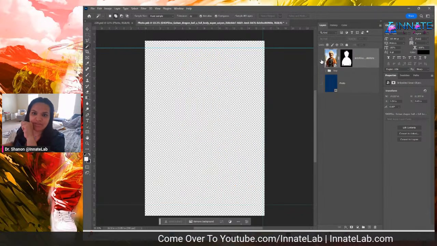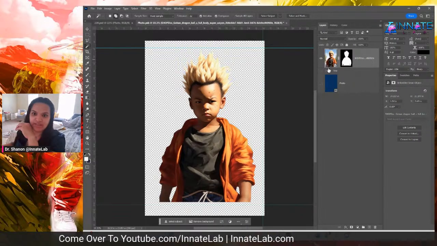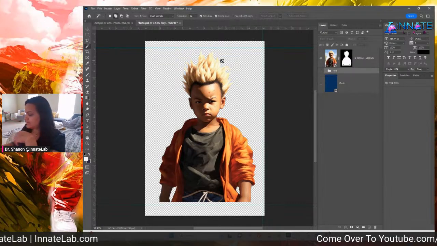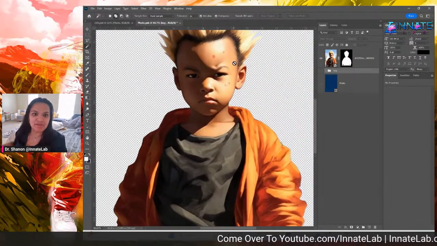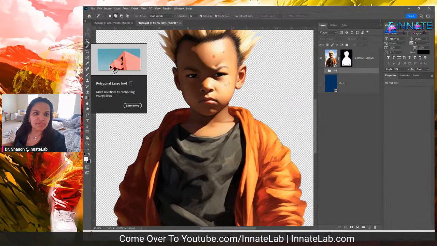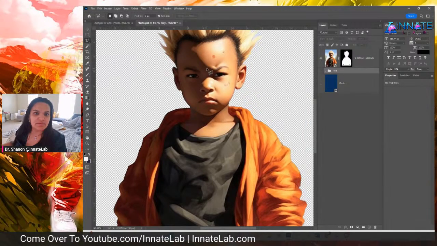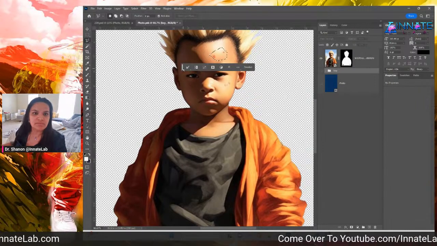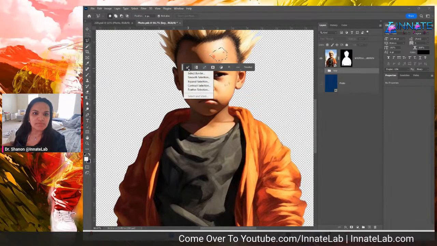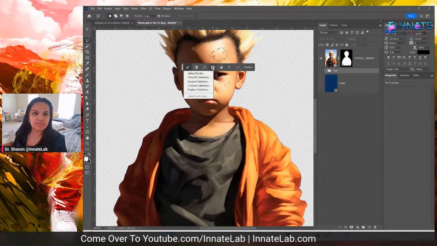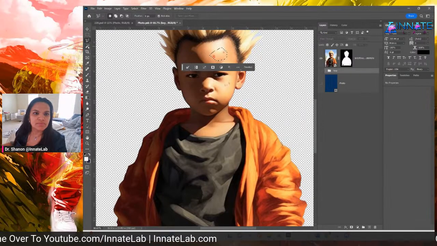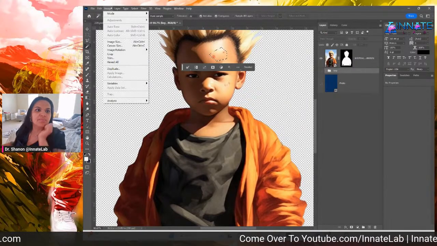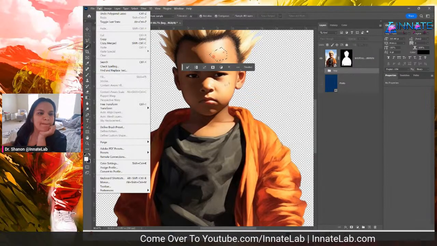Okay, now this is the same picture, the same little boy. What we did was create several different variations of a character of him in Midjourney in our AI in Action course. Now I do see some issues here. What I'm going to do is just select some of these areas. Okay, and I'm going to go to,